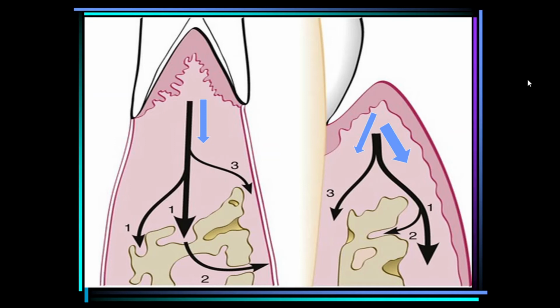But if we look at the facial and the lingual surfaces, it is quite different. In the facial and lingual surfaces, the inflammation is not going straight into the bone. It is going either in the gingival component or in the periodontal ligament first, and then it will go into the bone. So there is a big difference between the two, and that is the reason why bone loss is more common in the interdental area. The interdental area is more vulnerable to collect plaque.